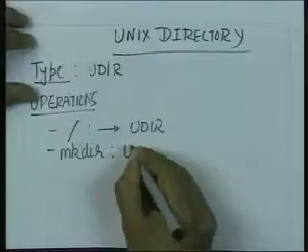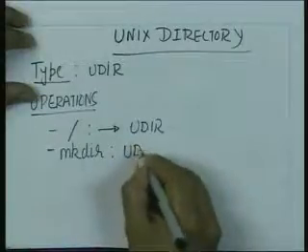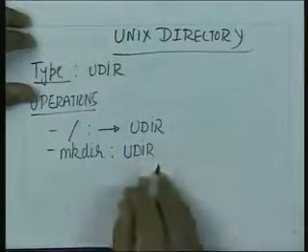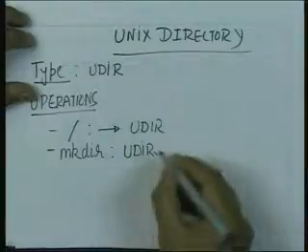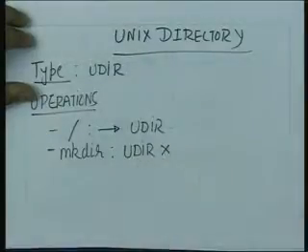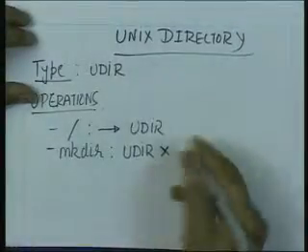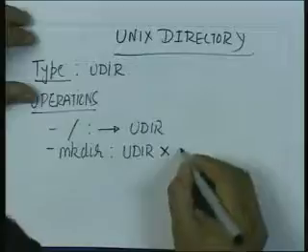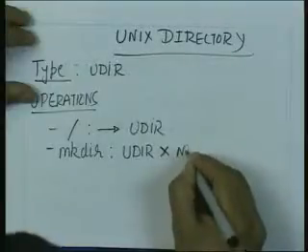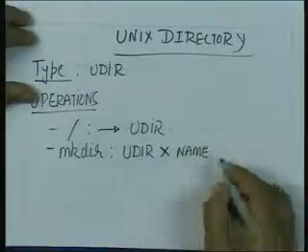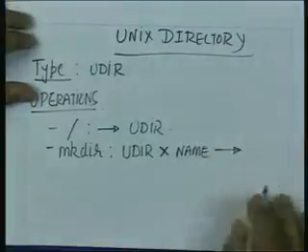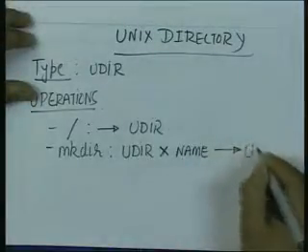So this takes two things: a Unix directory, that is the present working directory that you are already in, and the name of the directory. The cross essentially means that it is a Cartesian product here. The name of the directory, which is simply a string, and gives you back another Unix directory,